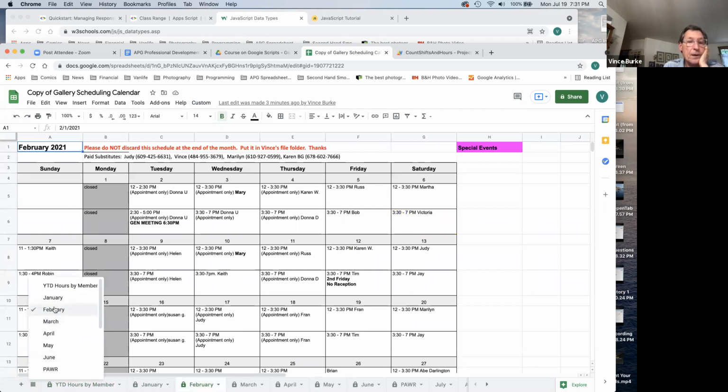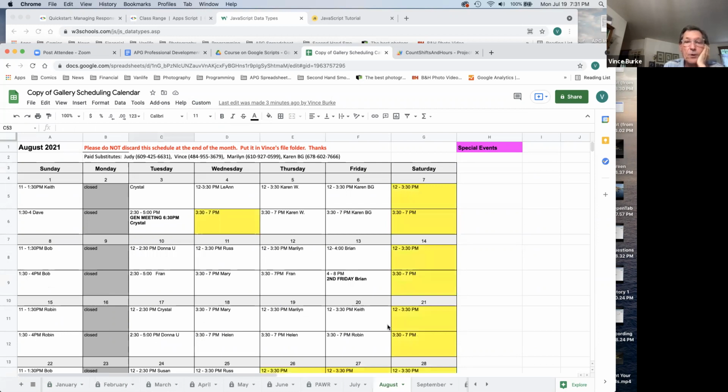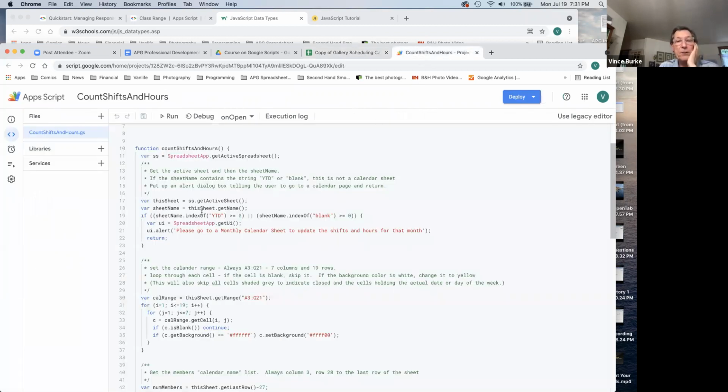Back here to August. So I need to be on a monthly calendar for this to work. Otherwise, it just gives me a message that says, go to a monthly calendar. The reason for blank is because I don't know how it happens, but almost every time I come into these scheduling calendars, someone has added a new sheet. I'm sure they've done it inadvertently, and I just delete the new sheets. They're always blank, but anyway,